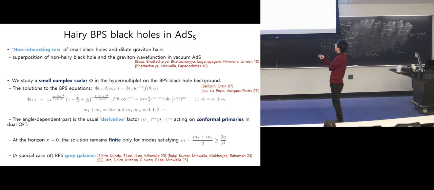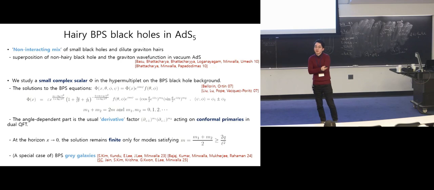Basically, we neglect the back reaction of the scalar field on the geometry. We fix the geometry and we just solve the scalar field equation in the probe limit. Of course, you can systematically do perturbation, computing the back reaction of this scalar field on the black hole geometry, then the back reaction of that back-reacted geometry on the scalar field, and so on. But we only do the first order perturbation on this black hole background. Try to find the full solution or not? No. We only consider the probe limit.